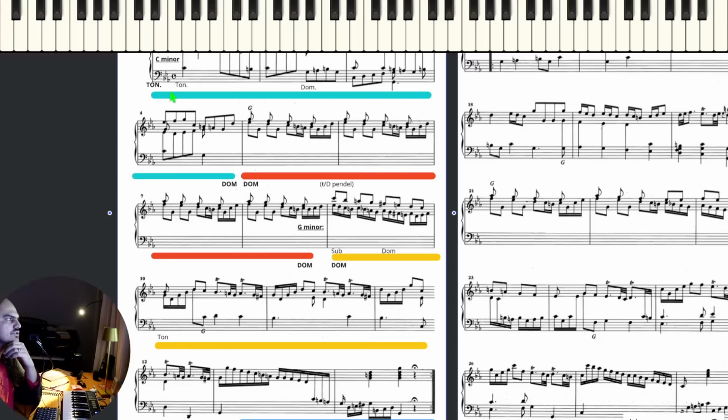Okay, with more precision, you can state that the statement is in the minor key of the main key,